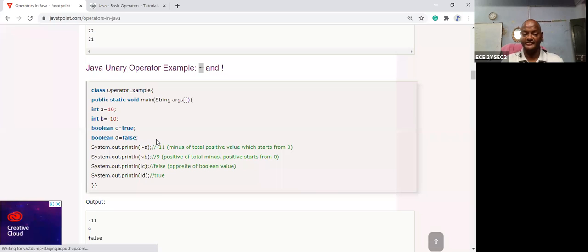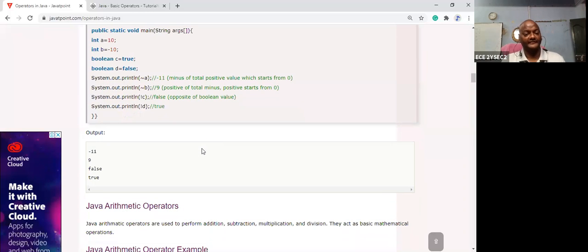Okay. So just recollect the previous information. By applying the tilde operator, if it is positive, then the magnitude is incremented by 1 and plus changes to minus. Similarly, if the value is negative, by applying the tilde operator, then the magnitude is decremented by 1 and the sign should change from minus to plus. This is the rule.